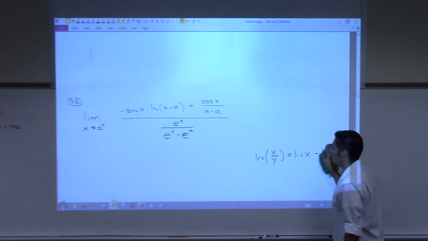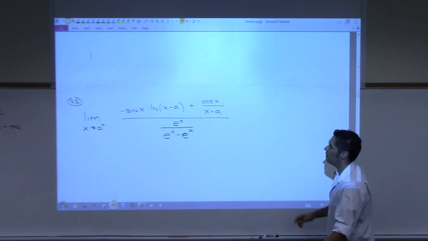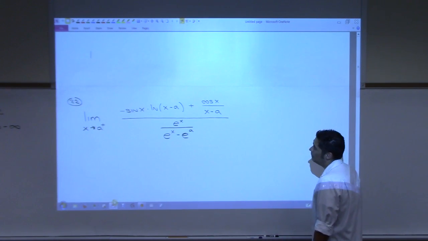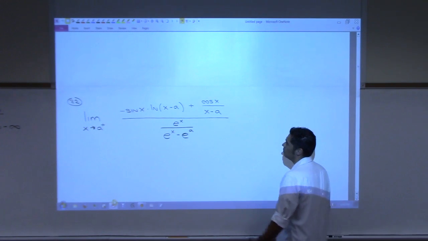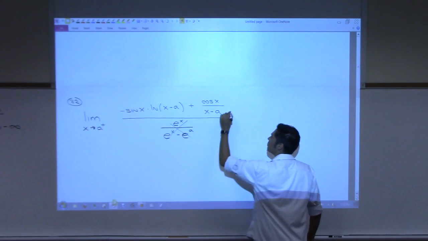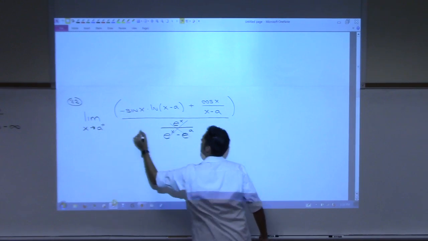All right, so I'm going to try this. I'm not feeling good about it, but let's multiply through. Get rid of this, and I'm going to multiply this top by the reciprocal, which is